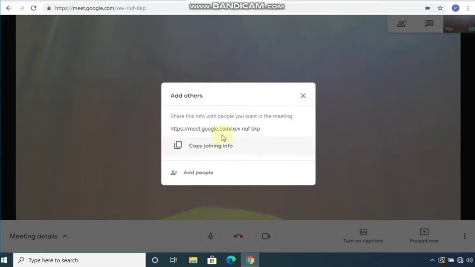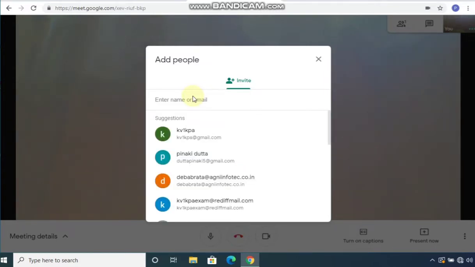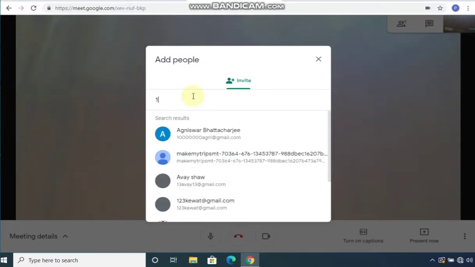Now if you want, you can copy the joining information and share it through any medium, either WhatsApp or mail. You can add people by clicking here. You can write the name or email of whom you want to add. Suppose you want to add Agnishwar, your student.